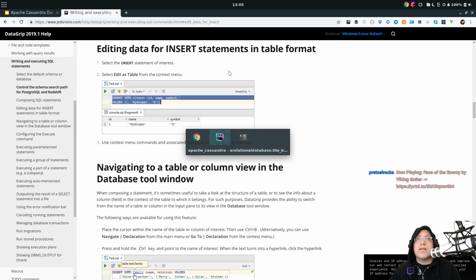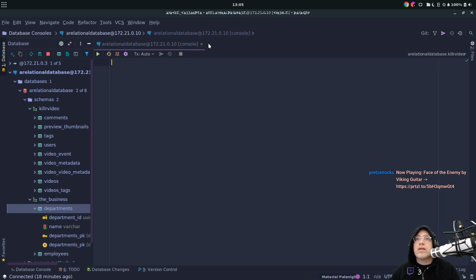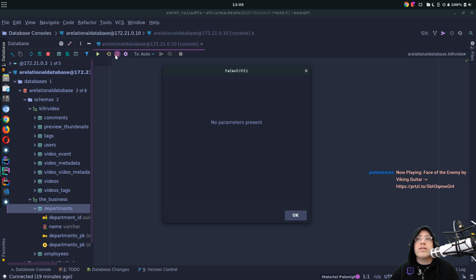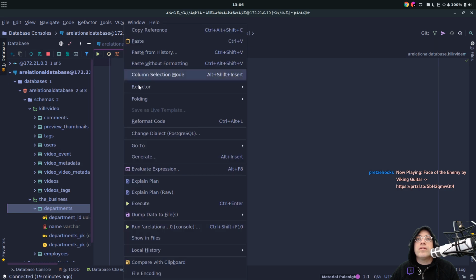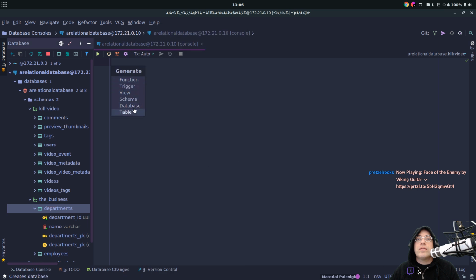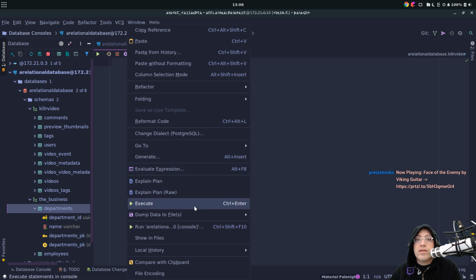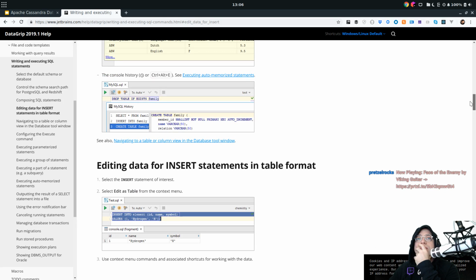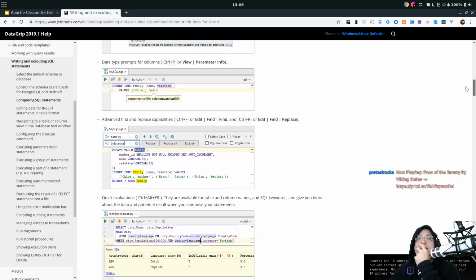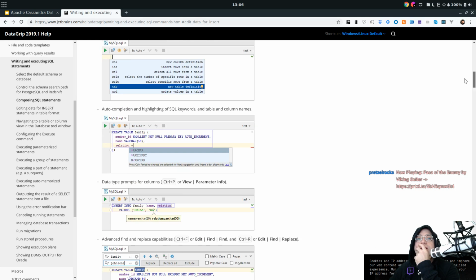Oh, what? Database default transact auto. Oh, that's that. I don't want that. Parameters. Oh, that's the last gazillion. Oh, what? Oh, that's awesome. I didn't know about that. Okay, still don't see where this is. So, select the insert statement of interest. That's not it. Oh, advanced, find and replace, data type is